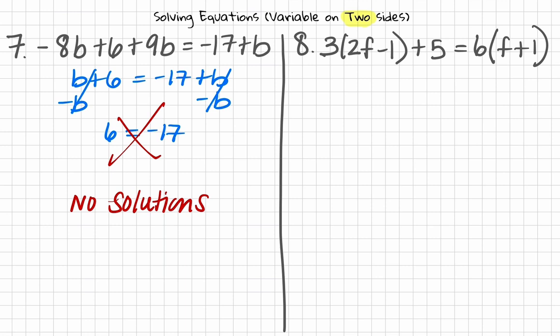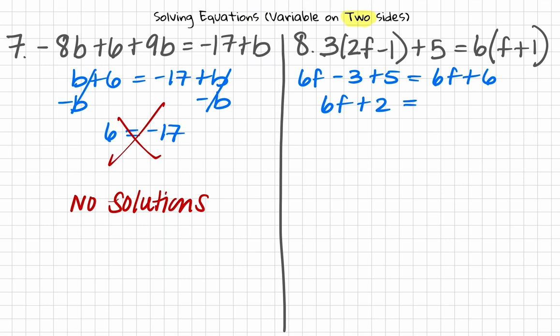Let's do the second one. There's going to be a lot of simplification involved. I'm going to distribute the 3 into the terms on the inside of this parentheses. So I have 6f minus 3 plus 5, and distribute this 6 into the terms on the inside of this parentheses, 6f plus 6. 6f I have to leave alone, but negative 3 and 5 I can combine. So it's 6f plus 2 is equal to